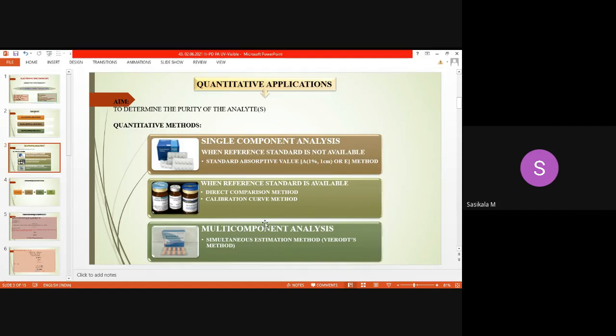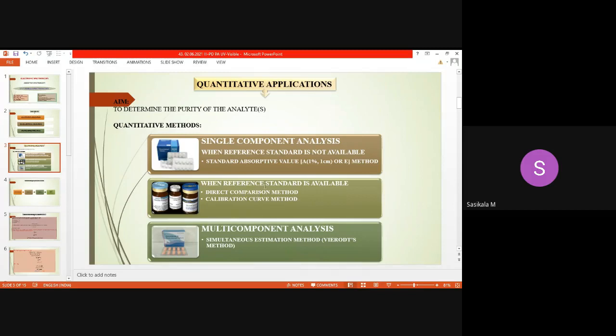So the calibration curve method is widely used, in order to get accurate readings and to meet the standard deviation statistical procedures. In order to get the percentage or relative standard deviation, we take nearly 5 values of standards, and these are compared with the sample, so that you get the concentration of the sample very accurately from the calibration curve. So that is what is called the calibration curve method.